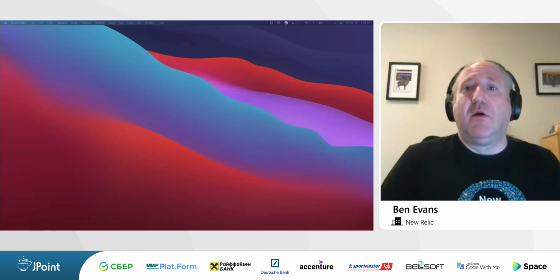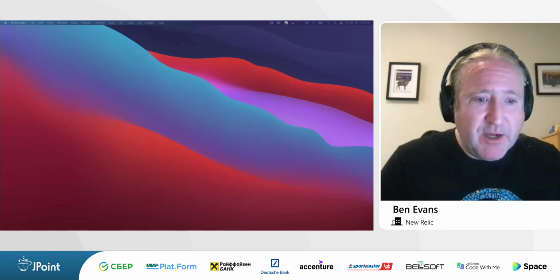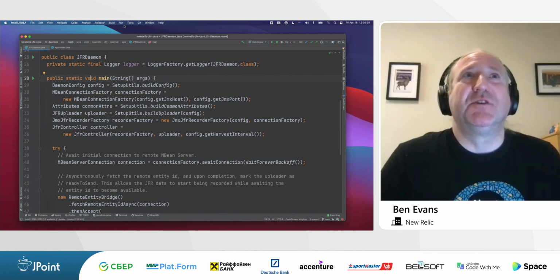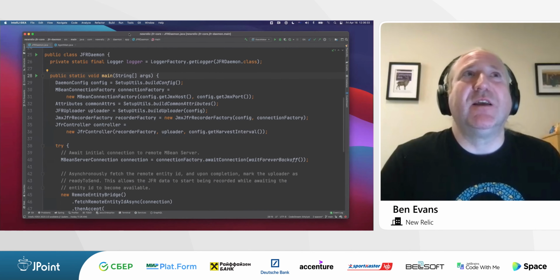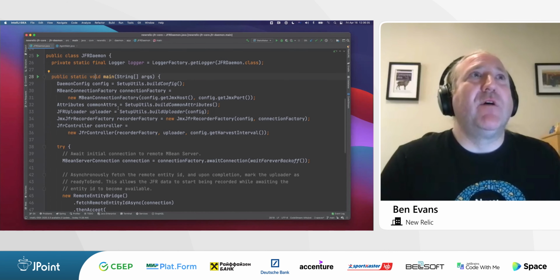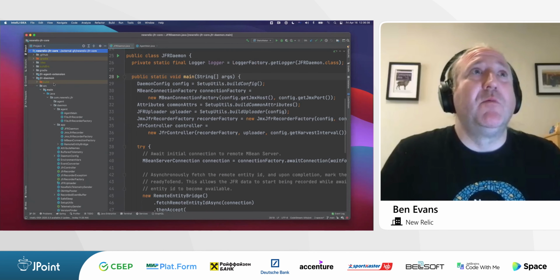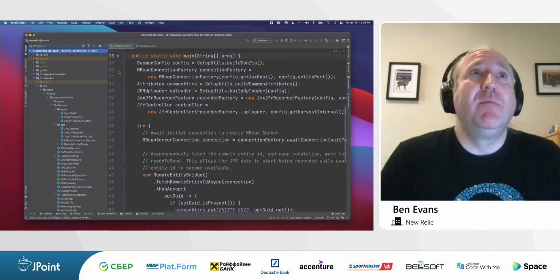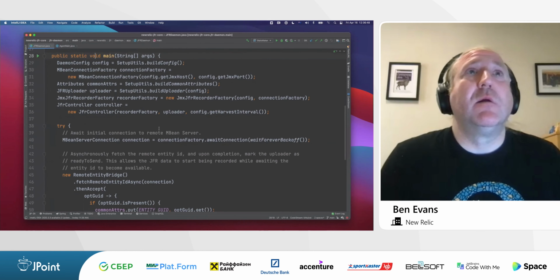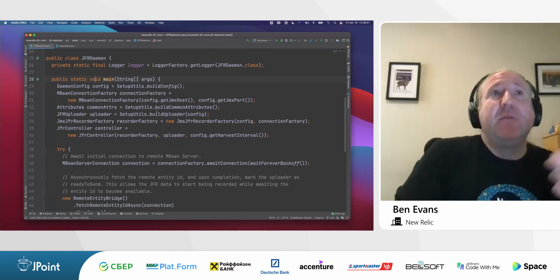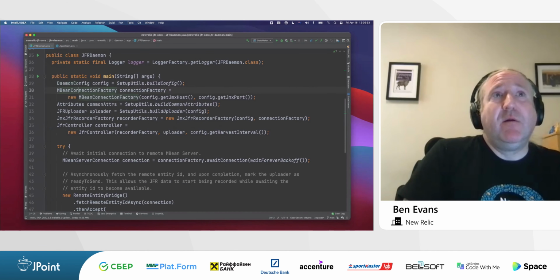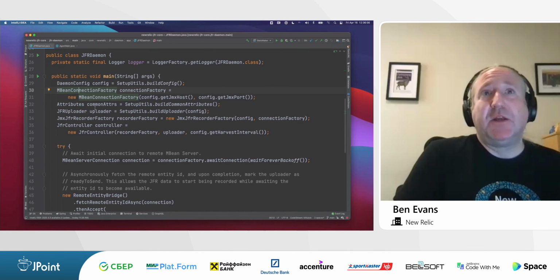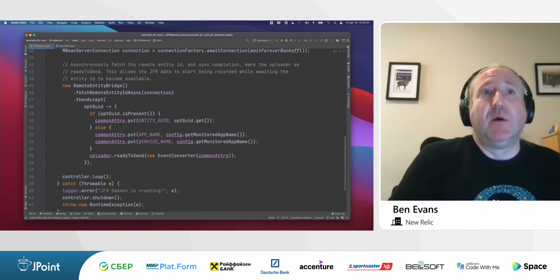So I'm actually just going to switch to my IDE and show you a couple of bits of code, just because it's fun. We haven't seen any code and haven't done any IDE, so we might as well. So here we have a couple of the classes. This is all open source. It's all up on GitHub, newrelic-jfr-core. If you want to build the code and have a play with it, feel free. And here is our out-of-process daemon. So we build a config. We connect over JMX, and then from that, we basically build